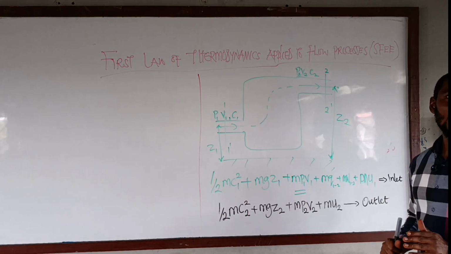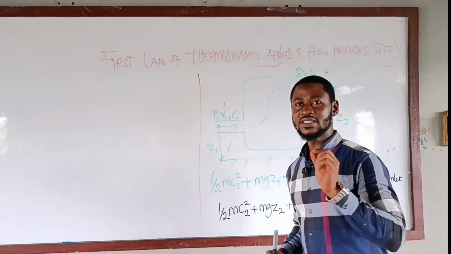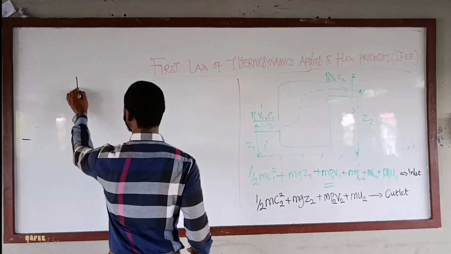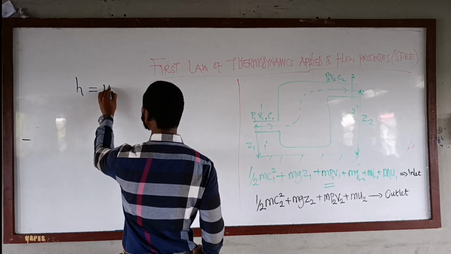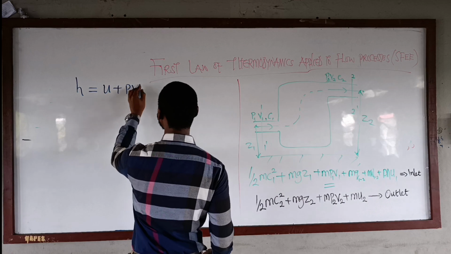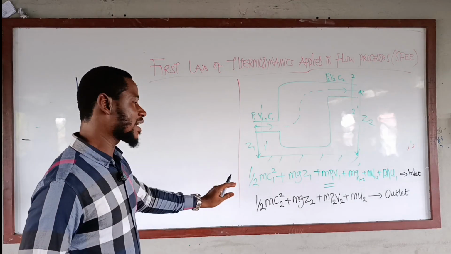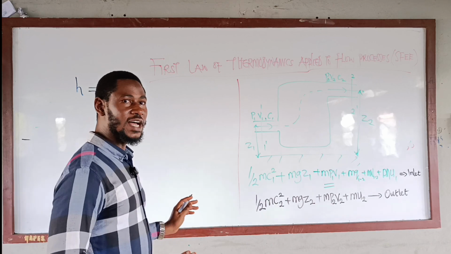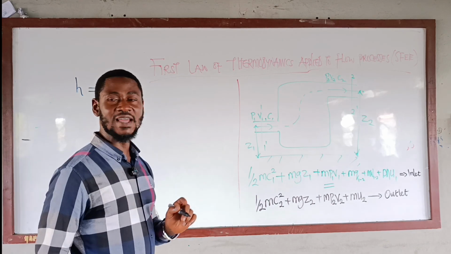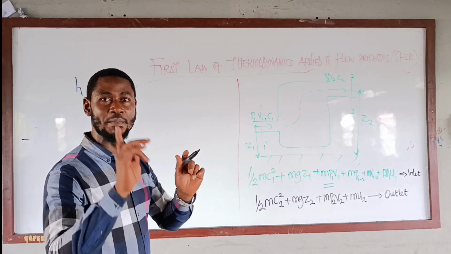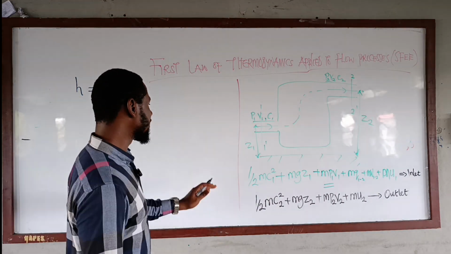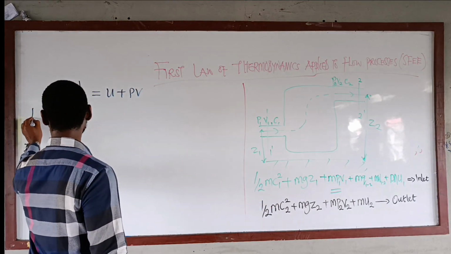Then also, enthalpy is a thermodynamic property which is defined as a combination of internal energy and the flow energy. So we go back to this equation, we eliminate the mass flow rate out of it. Then for the internal energy and the flow energy, we merge it into a single term which is known as enthalpy. So the left half